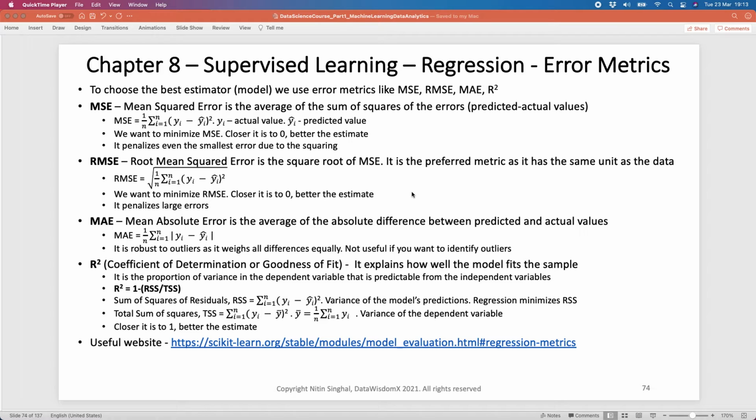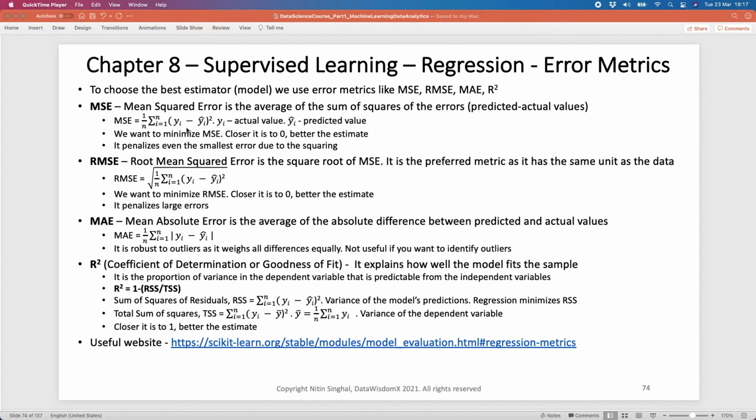So what are they? So one is MSE, or the mean squared error, which is the most common one used, and it's basically the average of the sum of squares of the errors. So if you remember again, as part of the regression model, you're predicting the values of the dependent variable y, the y hat value, and the equivalent value, which is the actual value in the sample, which is y. So for each such y, you have a y hat, you take their differences, square them up, and sum them up. Now, the reason for squaring the difference